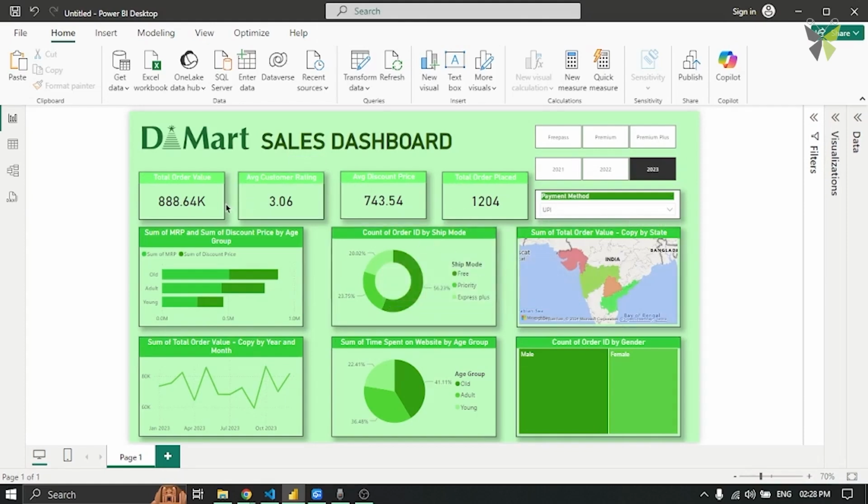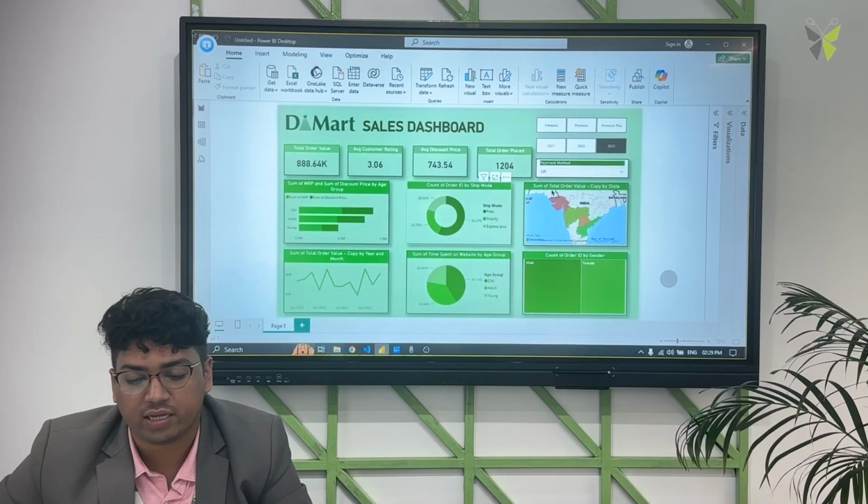And average customer rating is again 3.06. The orders by year month are not decreasing, but not increasing either. There's a constant up and down. And in age group, old is again coming first, male is also at a higher proportion, free is again at a higher proportion, so everything else is the same.